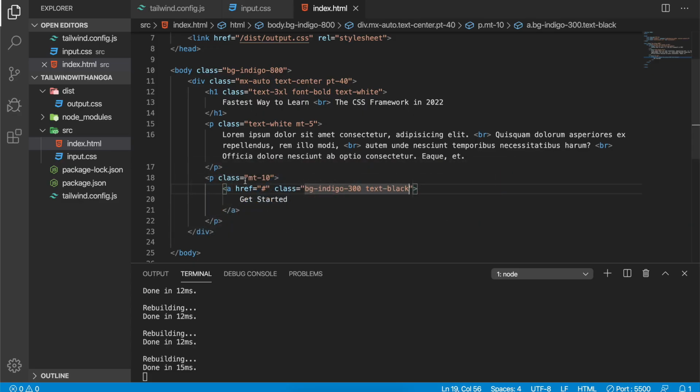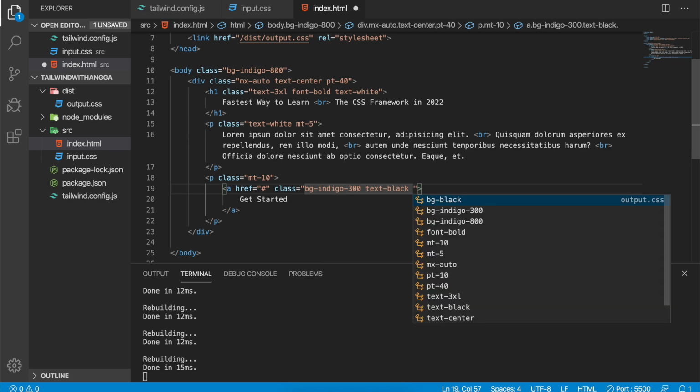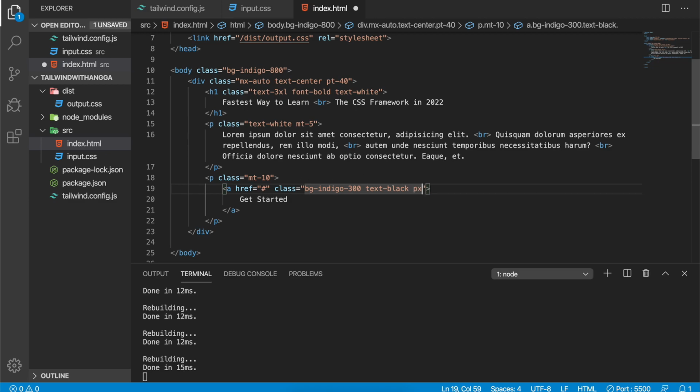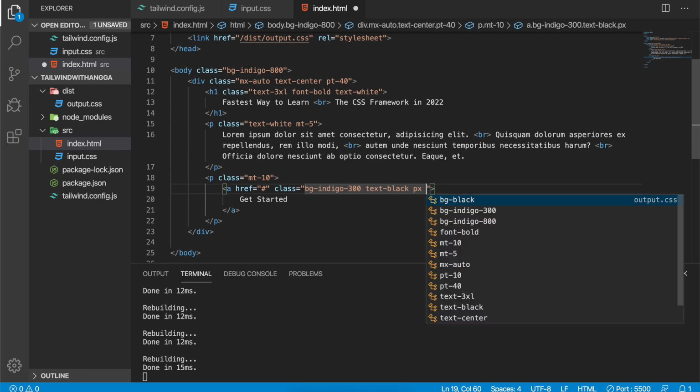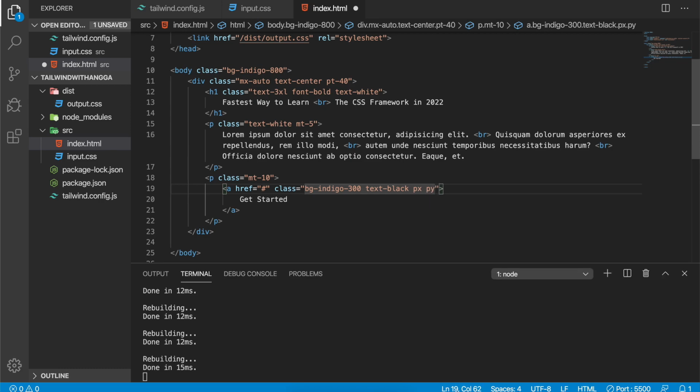And yeah, we can play with the padding actually. So px is the horizontal and py is the vertical, if I'm not mistaken. So let's say we set px to 10 and py to 20.